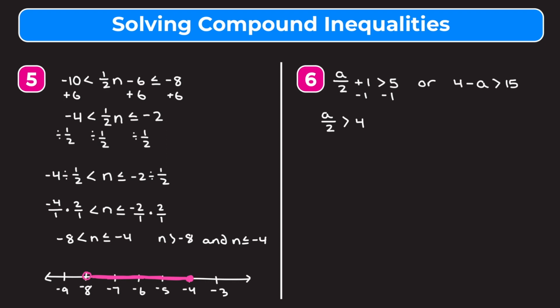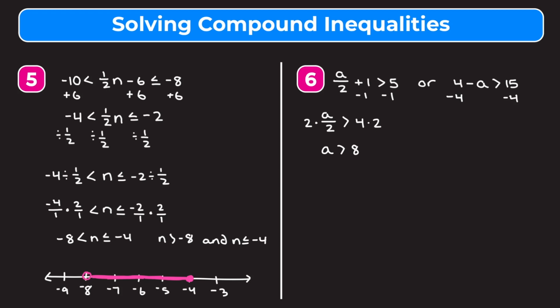We want to get rid of this 2 that's being divided, so we're going to multiply both sides of our inequality by 2. On the left, we're left with 1a, which is just a, is greater than. On the right, 4 times 2 is 8. So for one part of our answer, we get that a is greater than 8. And now we want to solve this right inequality. So we need to get rid of this 4, and then we'll have to get rid of the negative in front of the a. So we're going to start by getting rid of the 4 by subtracting 4 from both